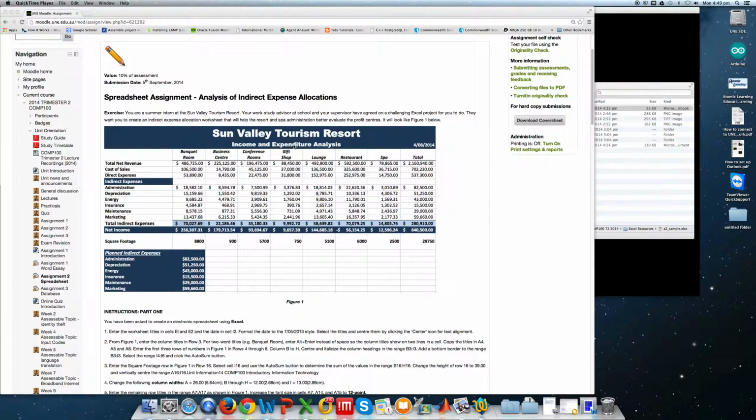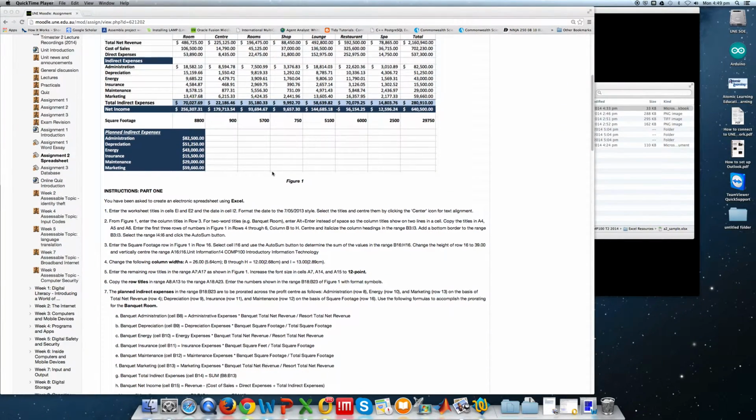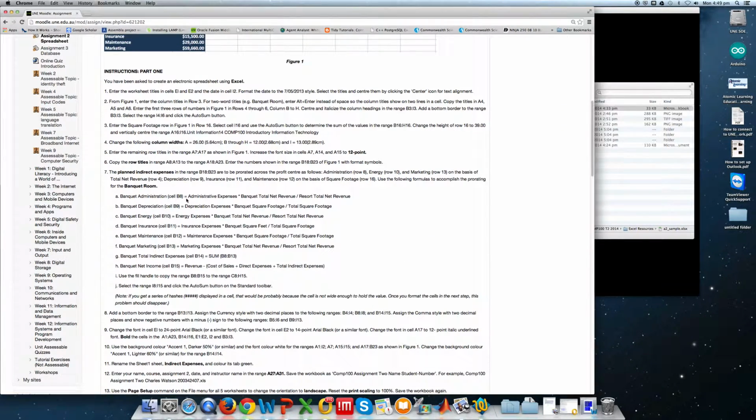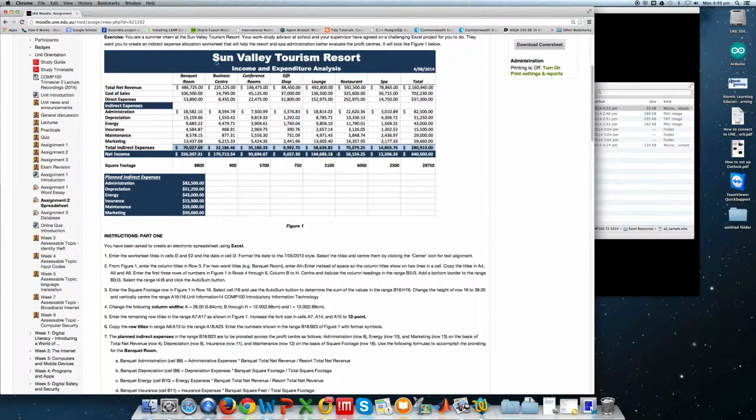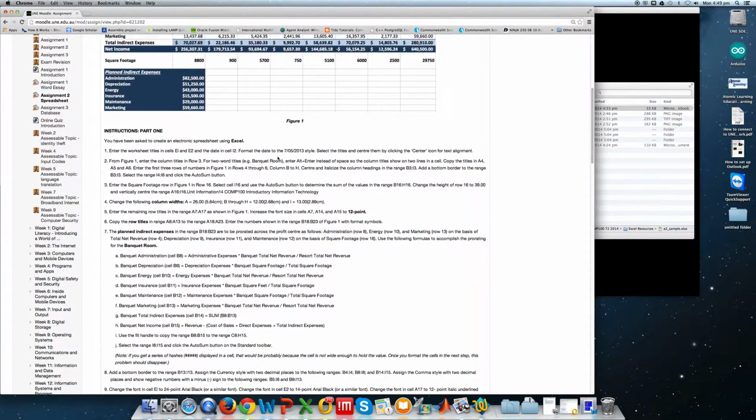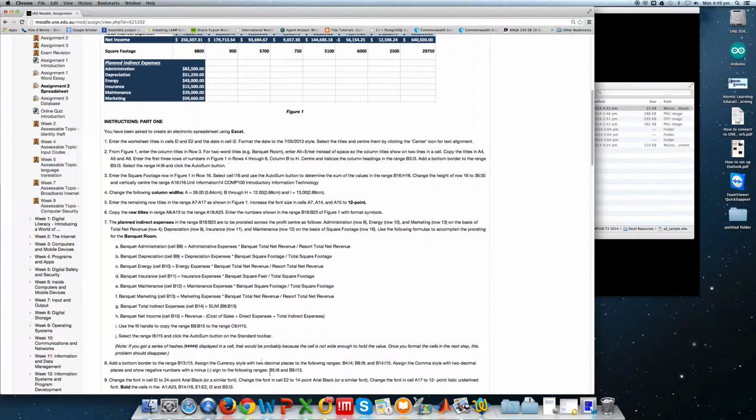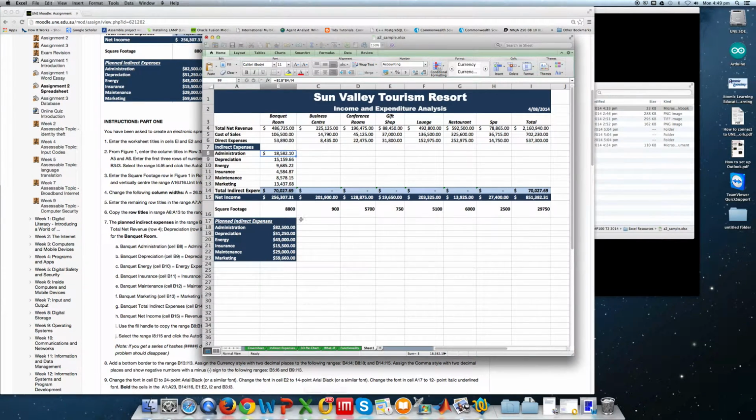This is just a quick video today to have a look at step number 7, which is where we calculate all of the indirect expenses for the various facilities at the Sun Valley Tourism Resort. So we can see here in step 7, if we jump to our spreadsheet, following through all of the instructions